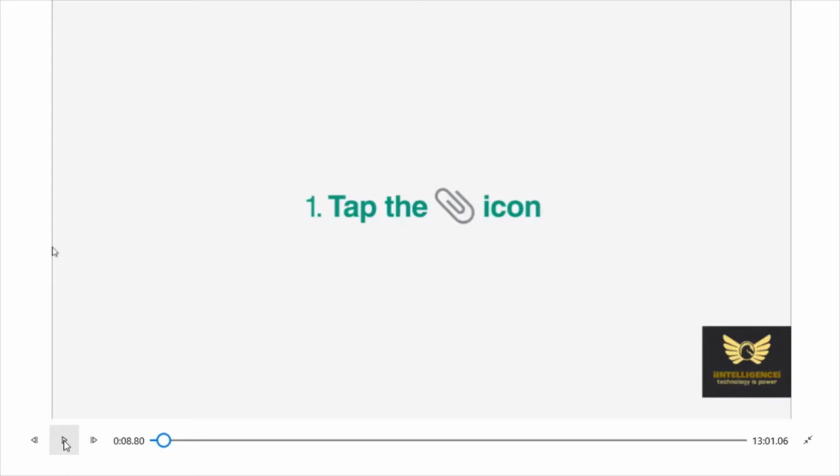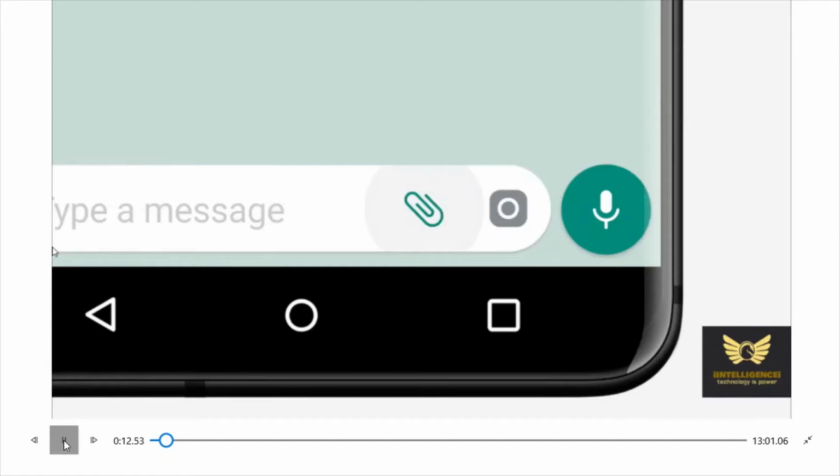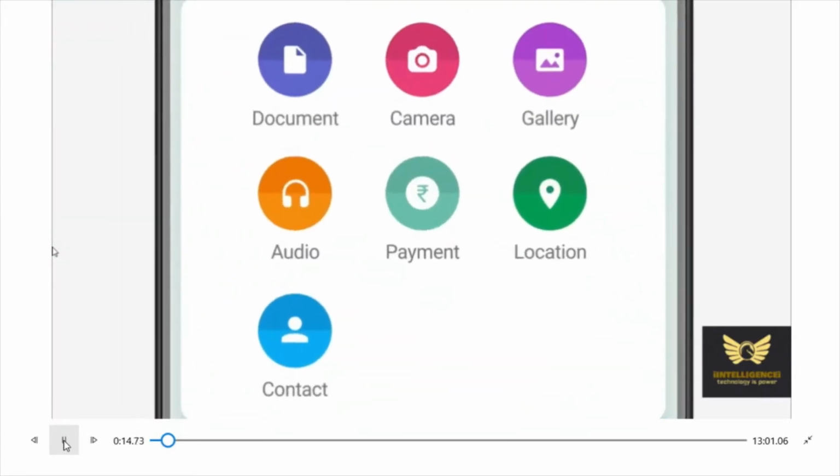Before going to WhatsApp, you need to update WhatsApp. Once you update it, tap this button icon which is at the bottom of your phone in your message section. Then click on payments.